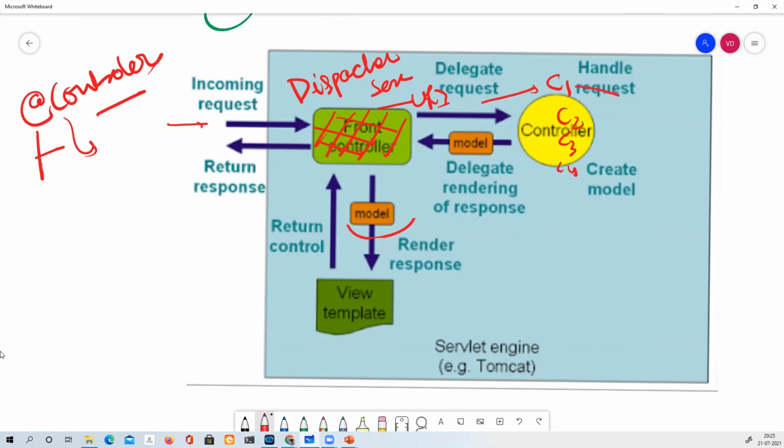Now it is normally going to return a ModelAndView object. It contains the model that needs to be injected and, secondly, the view resolver, or where your view is located.